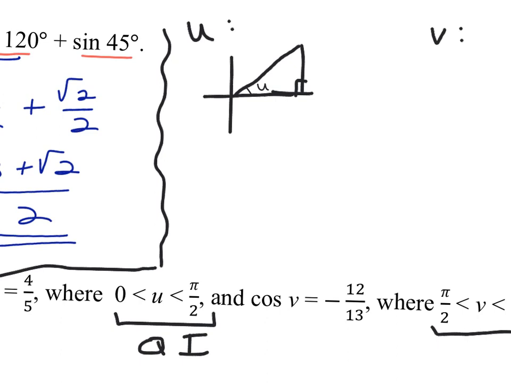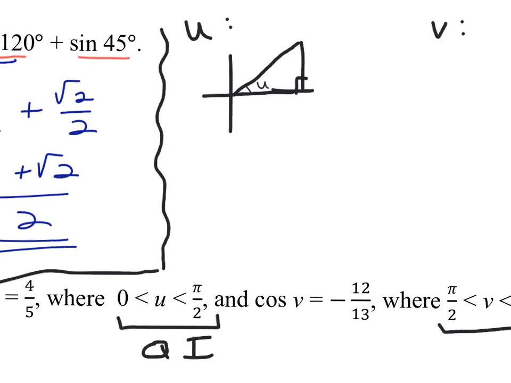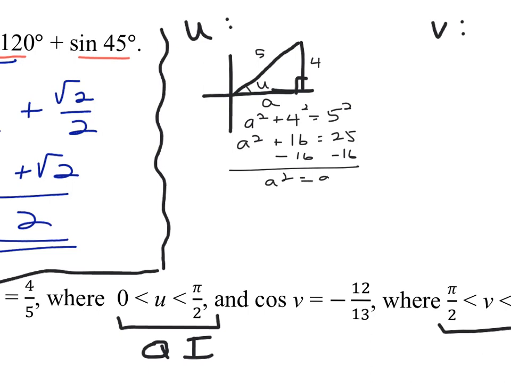So if we keep reading, I'm just going to even this out a little bit because it bothers me. Okay, that's better. It says the sine of u is 4/5, so that means opposite over hypotenuse is 4/5. Now, a little Pythagorean theorem to get that missing side length, or if you already know it, that's great too. 4 squared is 16, and 5 squared is 25. If we move 16 over, we get a squared equals 9. And if we take the square root, a equals 3. And because we're in quadrant 1, all of our side lengths should be positive, which means a